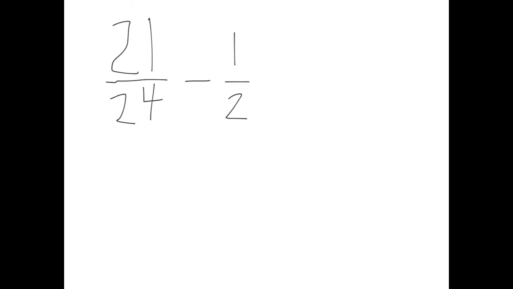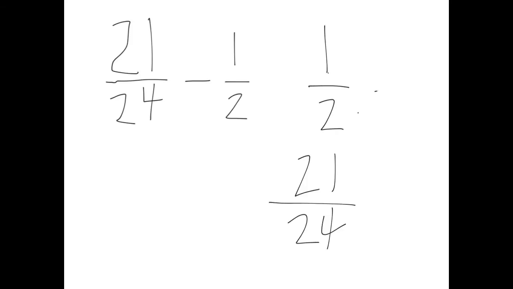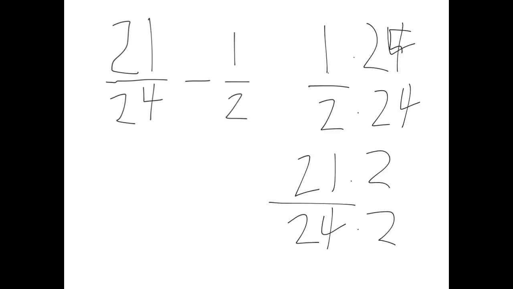Okay, so this one's a little hard. It's subtracting. But still, what you want to do is you're just going to go like this. 1 over 2, so half. And then 21 over 24. Then you just got to multiply this by 24. This by 24. And then these ones, you want to do the other denominator, so times 2. Times 2. So you can see your bottom number, 21 over 24, should come out to 42 over 48